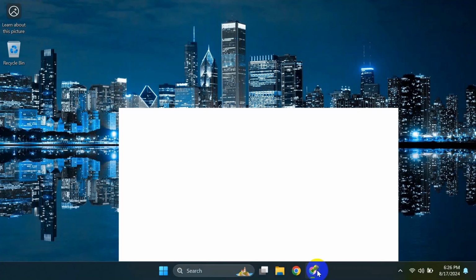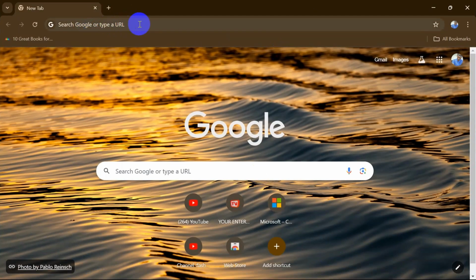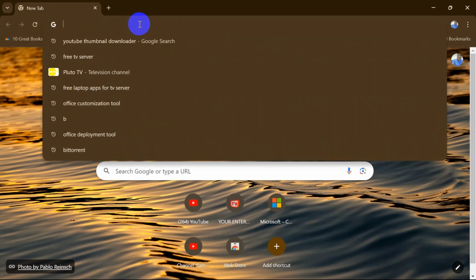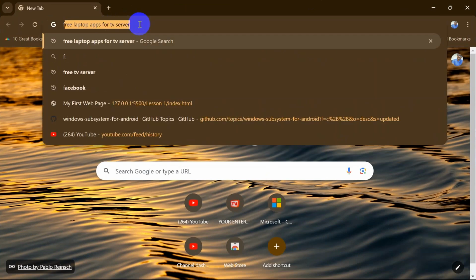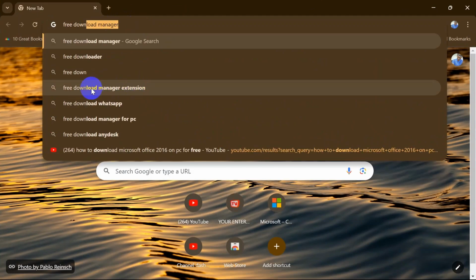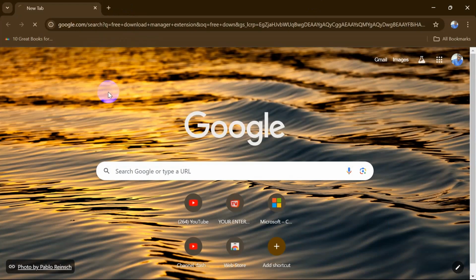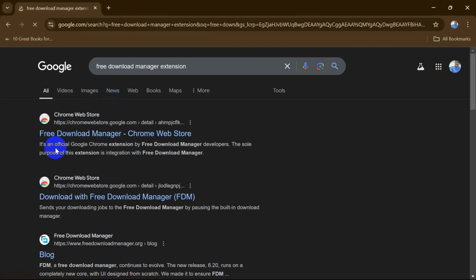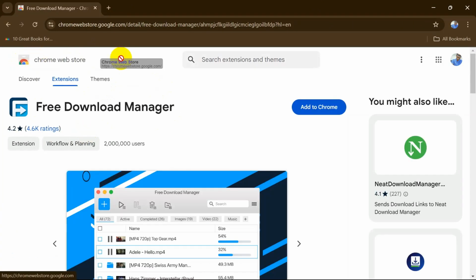So first you need to come over to your Google Chrome, and then come over to your search options and search for free download manager extension. You can see Free Download Manager extension. Click on that. And here is a link from the Google Web Store. If you click on that, you will come into the Chrome Web Store and you will get the Free Download